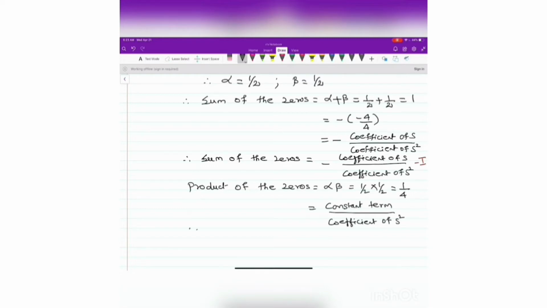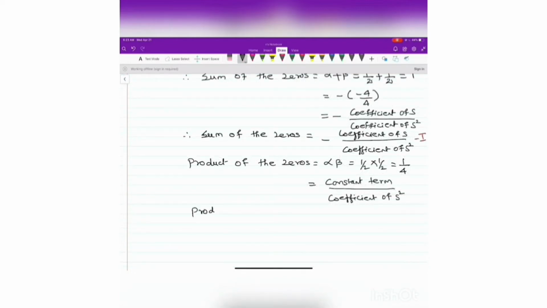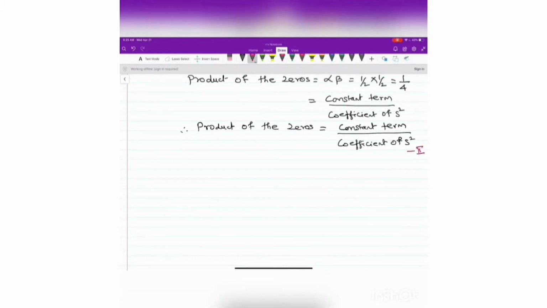So therefore, you have verified now the product of the zeros is equal to C by A. That is constant term by coefficient of s square. Let me name this result as 2. Now let us write the answer for the second part. Answer: